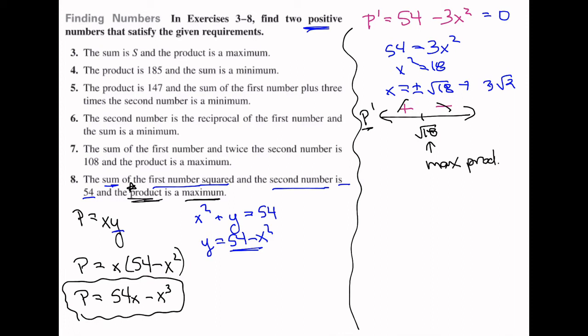All right, so what will your answer be? Well, we have x equals 3 times the square root of 2, and then we just need our y. Now, y, if you notice back here,